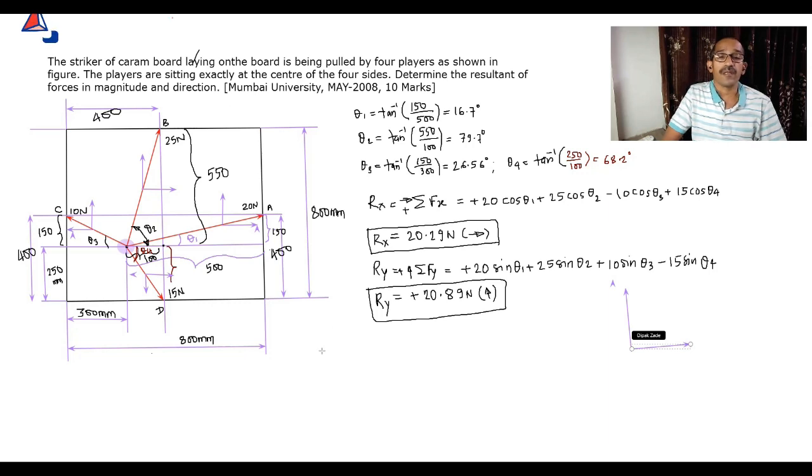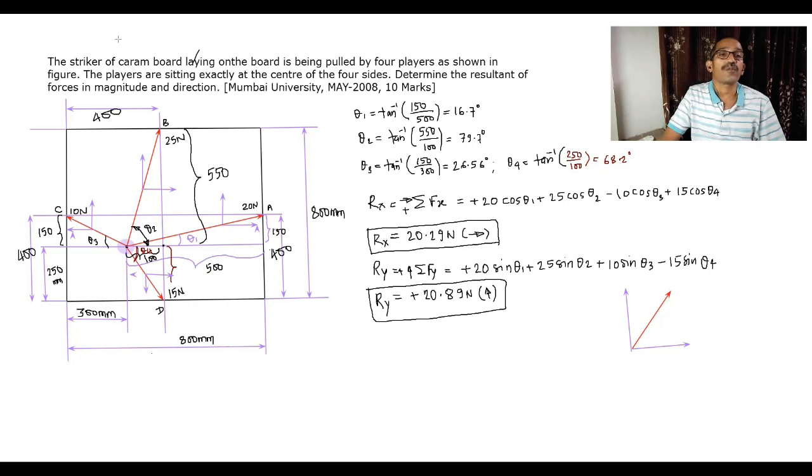Here the resultant will be represented in the same quadrant, something like this. This is our resultant.